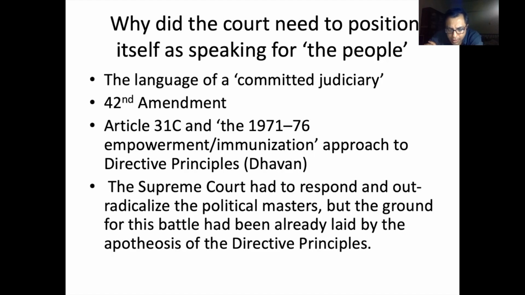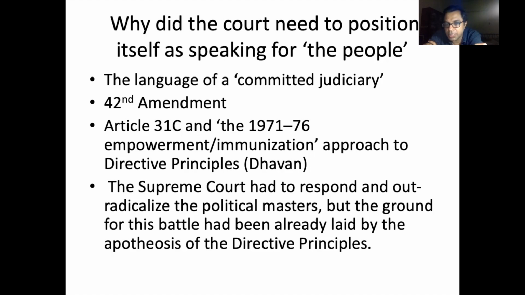And I believe, I think perhaps many of you would also be at this point quite susceptible and perhaps find this idea quite attractive. So why should the fundamental rights have any priority over directive principles? Or why should any part of the Constitution have priority over directive principles? This idea got deep rooted during this period in the early 70s. And at this point, I think many of you would also be quite sympathetic to that point of view,